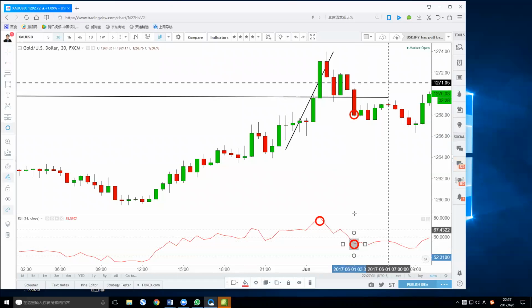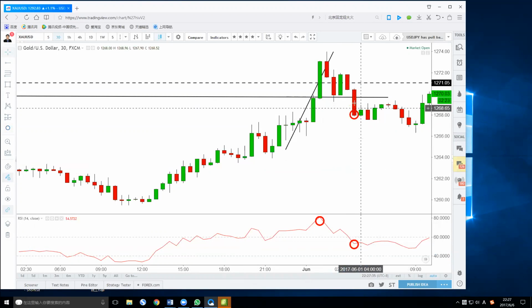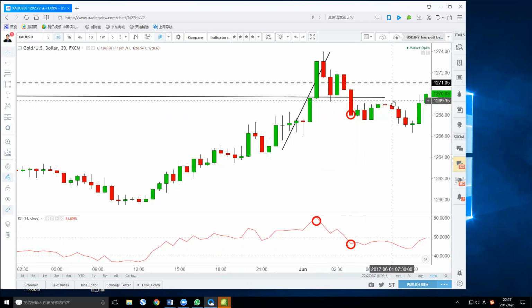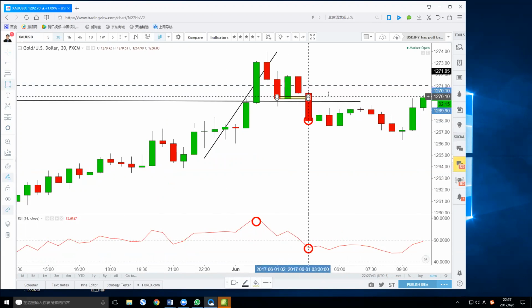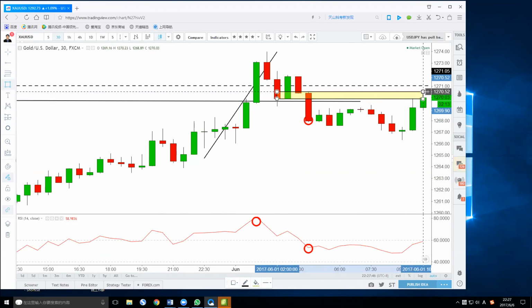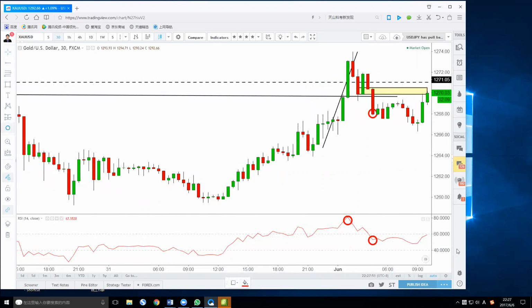In this candle, the RSI pulls back and goes below 60, and then you wait for the price to pull back. Where does it pull back to? Structure, right? The same structure here. You can see this support has now become resistance. So the best shorting opportunity comes here.